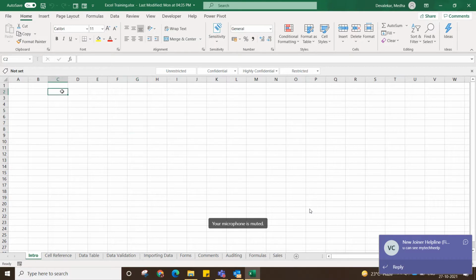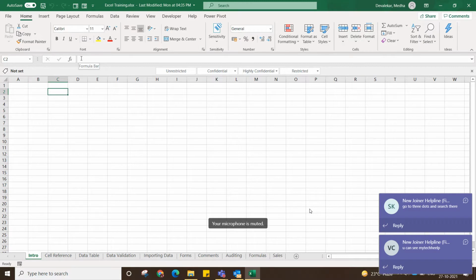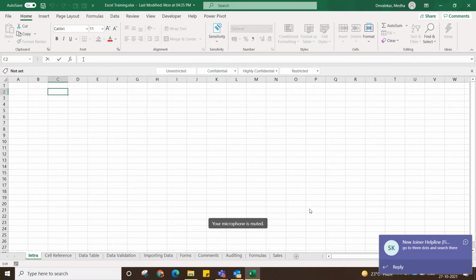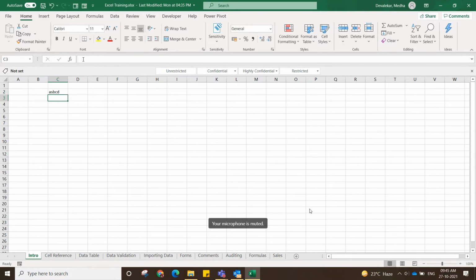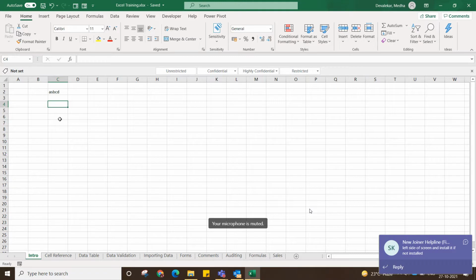Then there are other controls. If you see this type of arrow and click on it, it will allow you to enter something in this cell. If I enter something, again it gives me my cursor in this format, so that I can just click and enter something. And once I press Enter on my laptop, it will select the next cell. Okay.